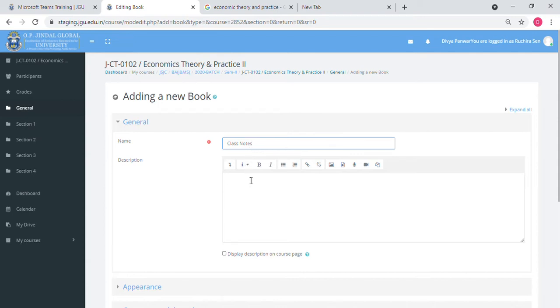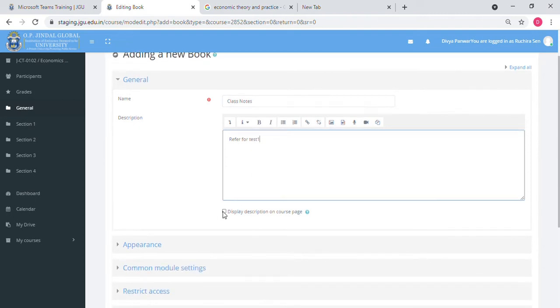And add a description. And check the box here against display description on course page.